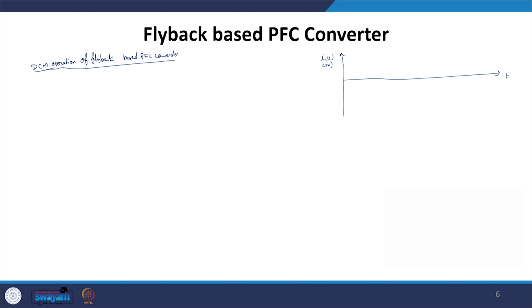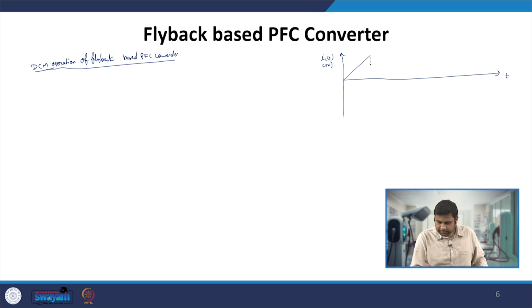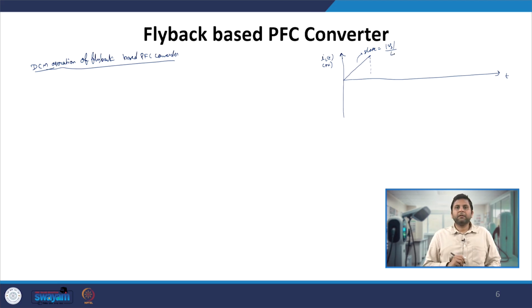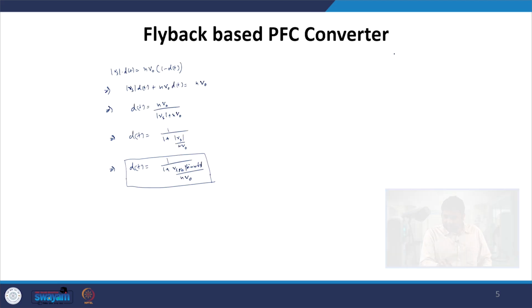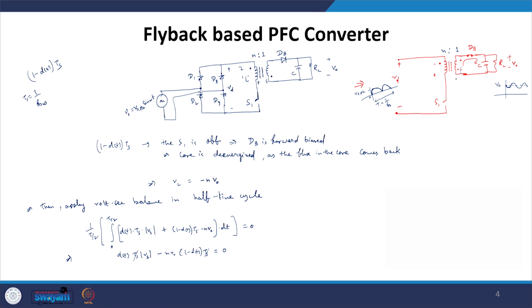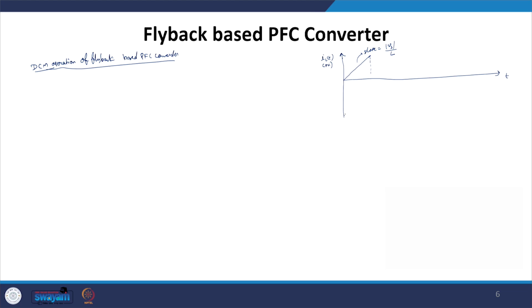positive voltage modulus Vs, and since it is obviously a positive quantity, what we will see is that we have a rising slope which goes up to here, and which has the slope nothing but equal to modulus Vs by L. During the discharging period, the current negative slope period, which is happening when we have 1 minus DTS phase, minus V naught voltage is applied across the secondary winding of the inductor.